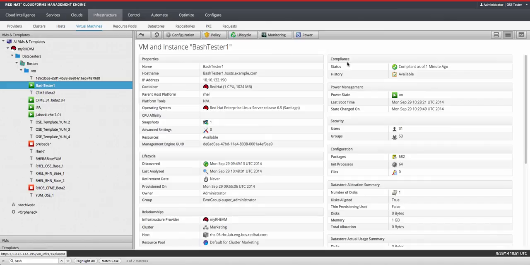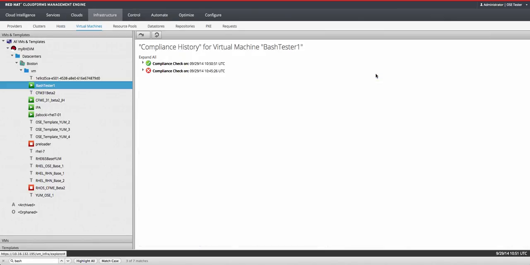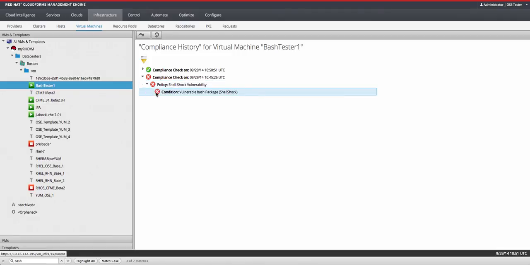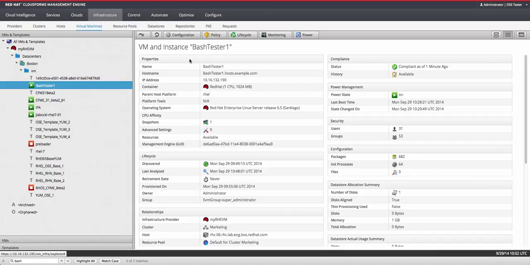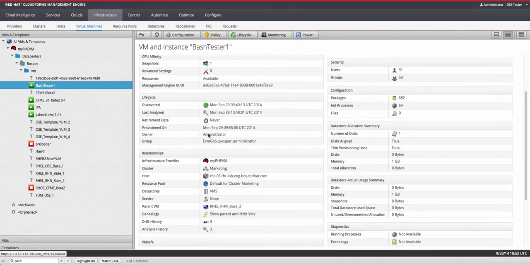So some of the other things that you can do here, which I suppose would normally fall into a part 2, would be some history. If we click on the history, we can see when this virtual machine was non-compliant, the date and timestamp, what it was non-compliant against, and you can see here that it was remediated shortly afterwards based on that date and time. Some other things which we've got going on as part of this story would be clicking down here, and you can see here that it was